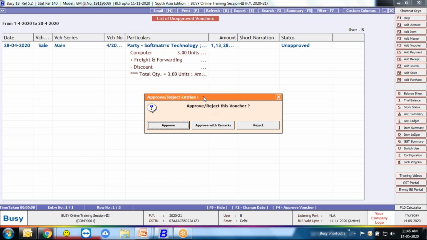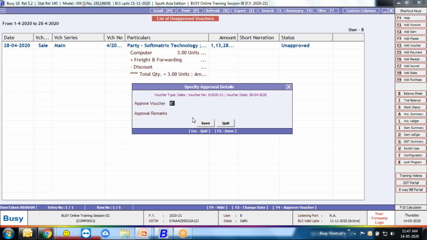If you see any mistake or any wrong information in your voucher, you can also reject it. But if you have checked everything and it is okay, you just approve, or if you want to add any note or narration with the approval, you can use approved with remarks.